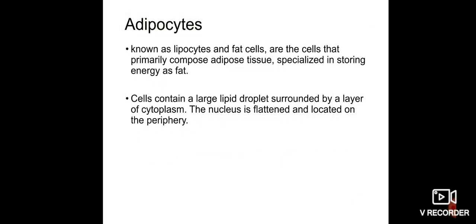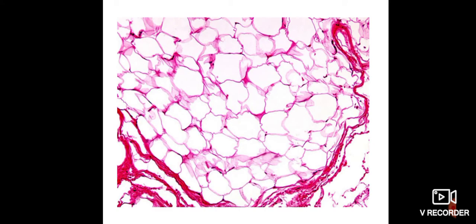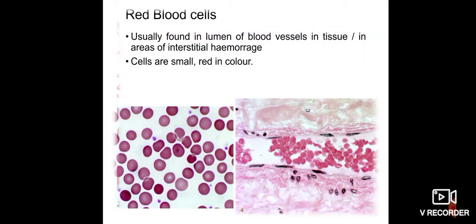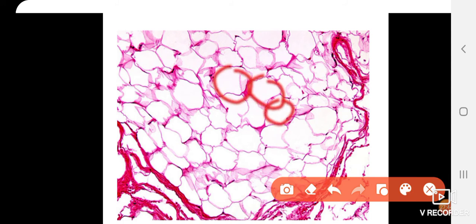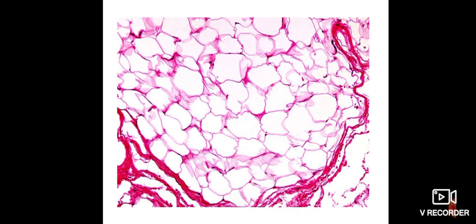Next is adipocytes or fat cells. So they are nothing but cells containing fat. So as I told you, fat will be lost during the tissue processing. So it will be seen as an empty space with a flattened nucleus. So this is a slide of fatty tissue. You can see this is your fat cell, this is one of your fat cells. These are all fat cells and will have a very small tiny nucleus. So this is how fat cells or adipocytes will look in histopath.